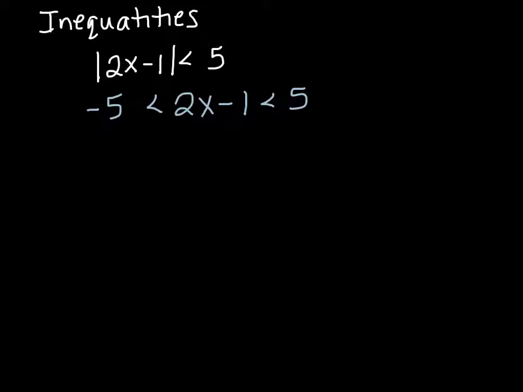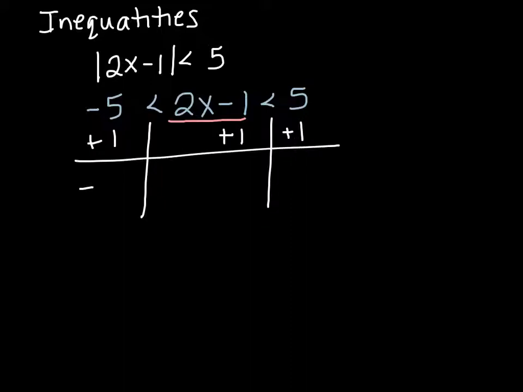Now we just have to solve. When we solve compound inequalities, we start in the middle. Anything I do in the middle, I do to both outsides. You can also think about it as drawing lines here. Since I'm going to add 1 in the middle, I add 1 to both sides. That gives me -4,